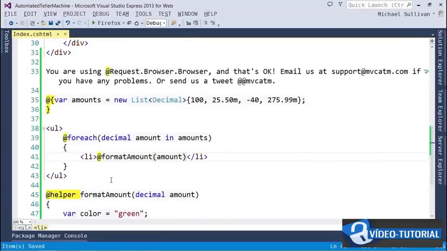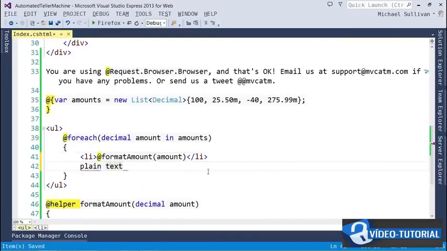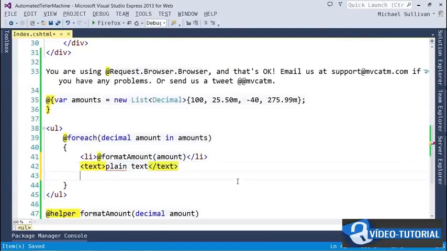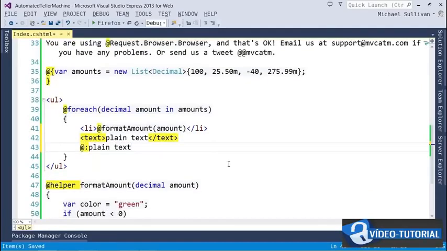Another thing that can confuse the view engine is plain text inside a code block. So you can see that it's treating that as C#. Two ways around that: we can wrap it in text tags, or we can use an @ sign with a colon. You can use normal C# commenting syntax inside Razor code blocks, but if you want to comment out any